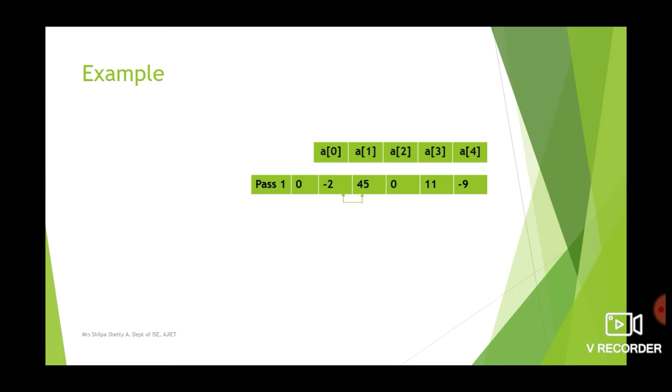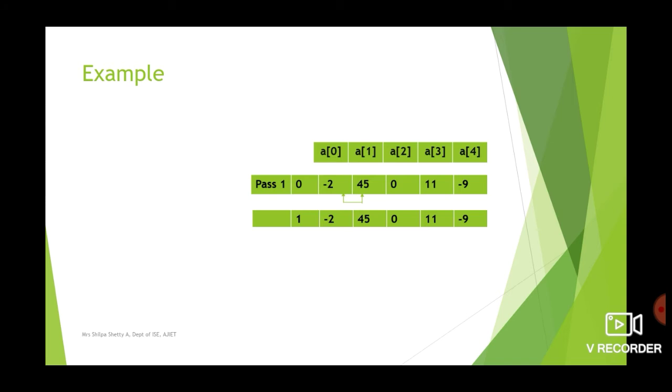So in the first comparison of the first pass, when i is equal to 1, I told you there will be 4 passes. So in the first pass, the first element is compared with the second element. So -2 is compared with 45, and you know that -2 is less than 45. So there is no need to swap -2 and 45. Once we do this comparison, the array will be as it is. So now j becomes 1. That is the second comparison from the first pass.